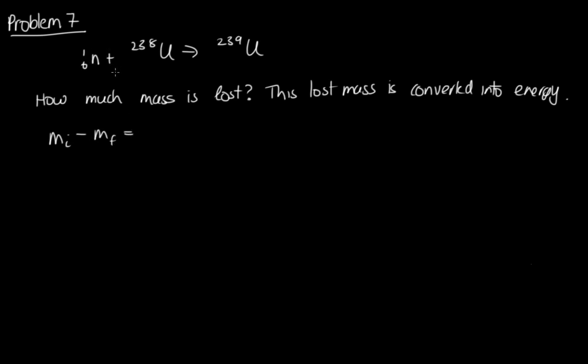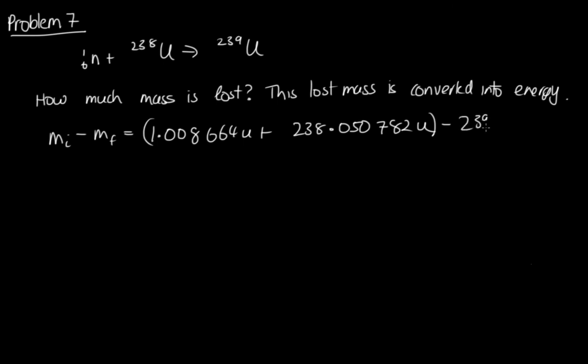So the initial mass, we've got a neutron there, so that is 1.008664 U, plus we've got the uranium-238, which has a mass of 238.050782 U, so that is the initial mass, and then we subtract off the final mass, which is 239.054287 U. Okay, so putting this into the calculator, we end up with 5.159 times 10 to the minus 13 U,